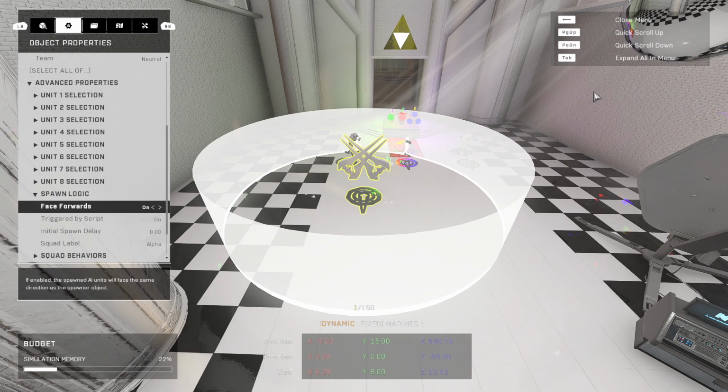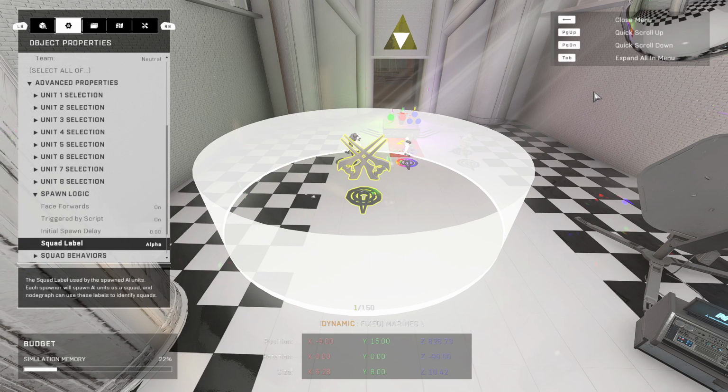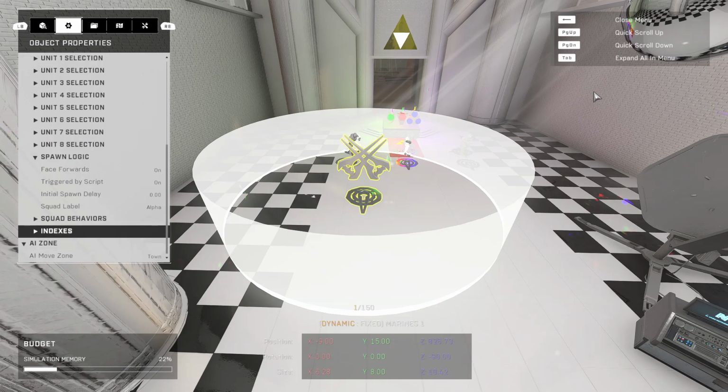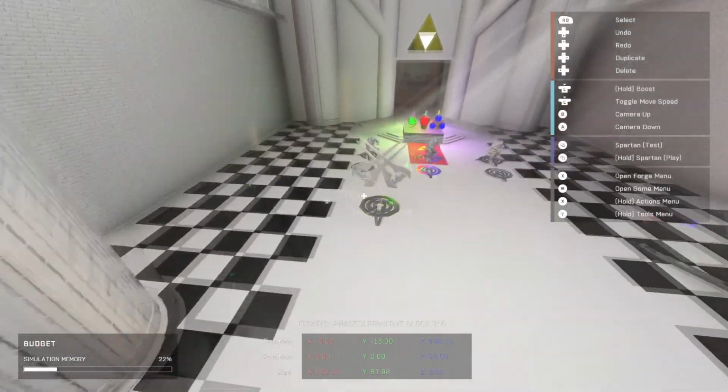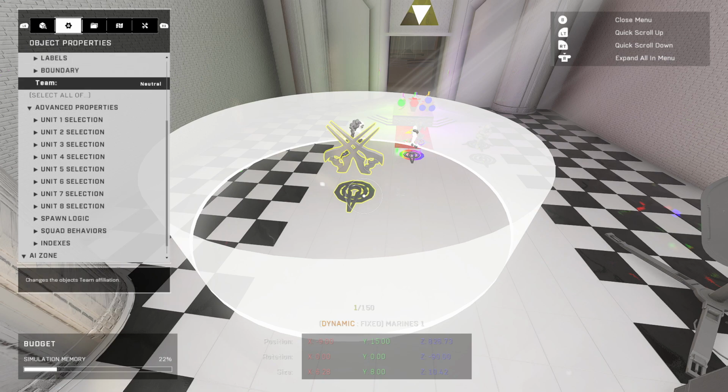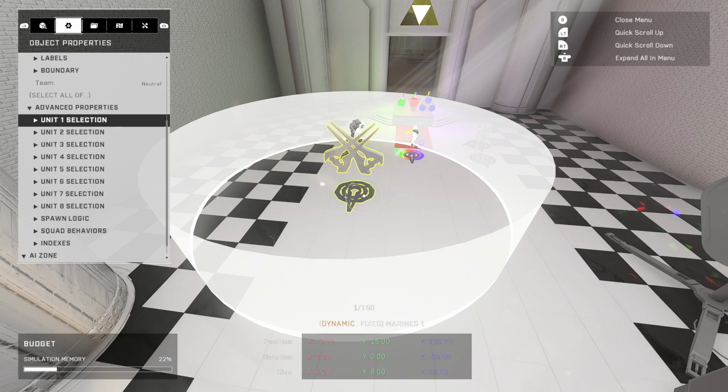You want it to be triggered by script, and face forwards on, and the squad label is going to be Alpha for this first one. I'm going to set a move zone. You don't have to though, but I'm going to. The team doesn't matter because it's going to be in a free-for-all game mode, because Infection is counted as a free-for-all game type, even though it's definitely team-based. But anyway,